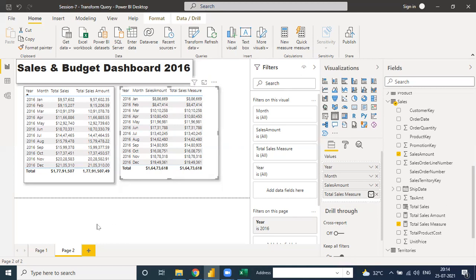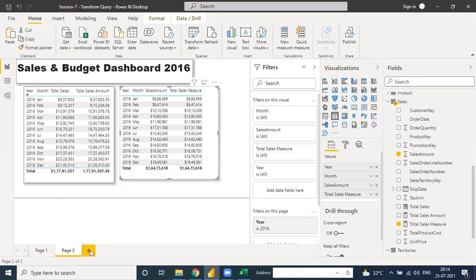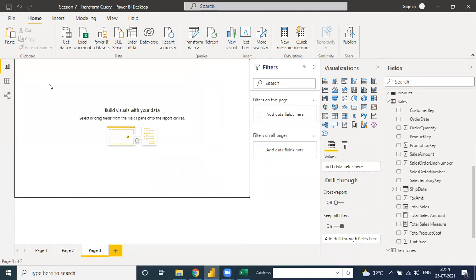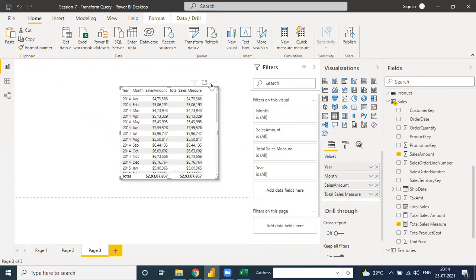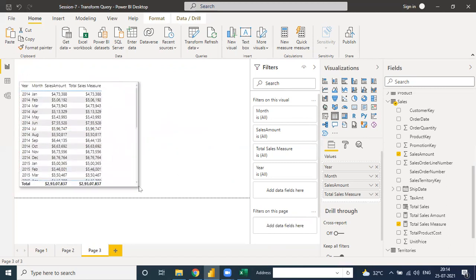So same as we did for the budget, you need to just click this table, copy, and go to the third sheet. Here you need to just paste. We are doing the same thing with the budget. Just click over there. See, here is also total sales for the total month.